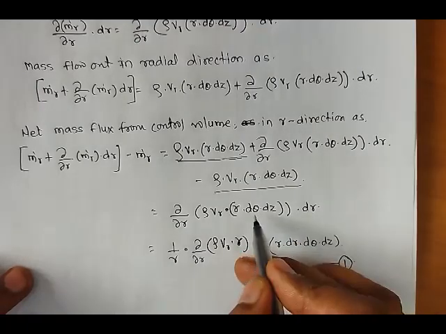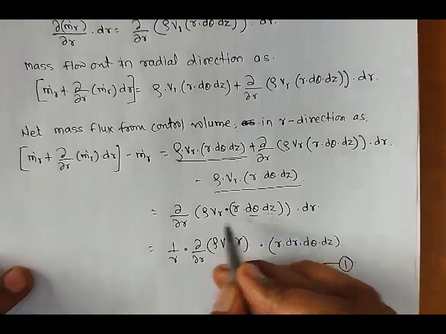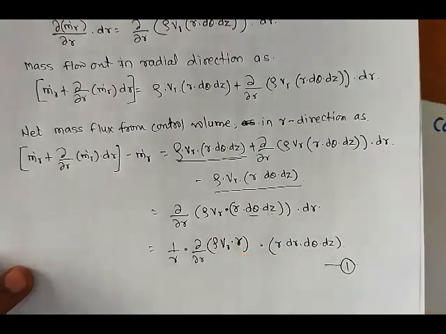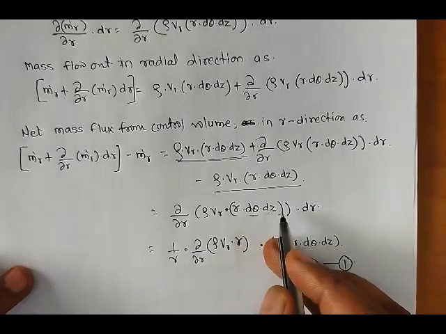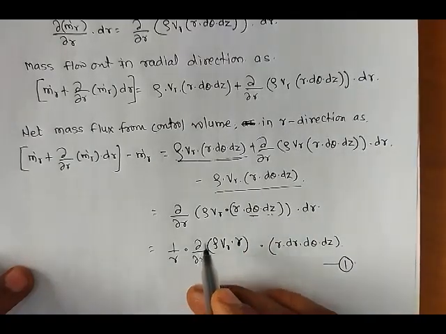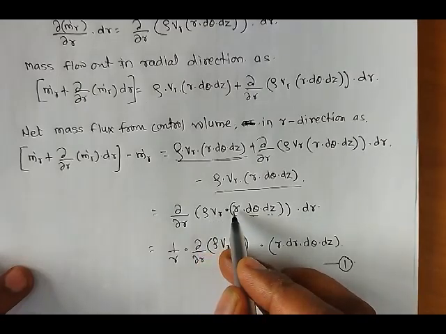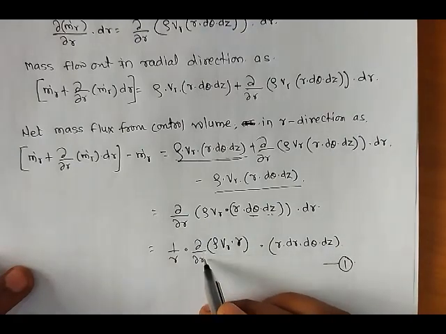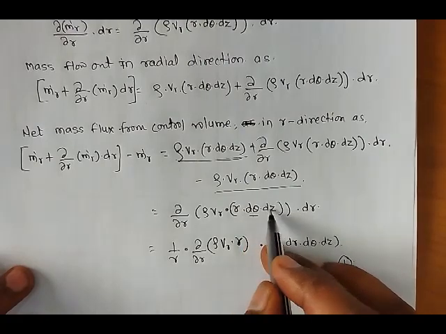If you see here, this distance dz and d theta, and dz is not changing with respect to the radial direction. This is constant because these dimensions are related to the dimensions of the cylindrical element. So that's why we are taking them common. The only changes are in the components rho Vr and r with respect to dr. So that's why ∂/∂r of (rho Vr and r). So the remaining are d theta, dz and dr.